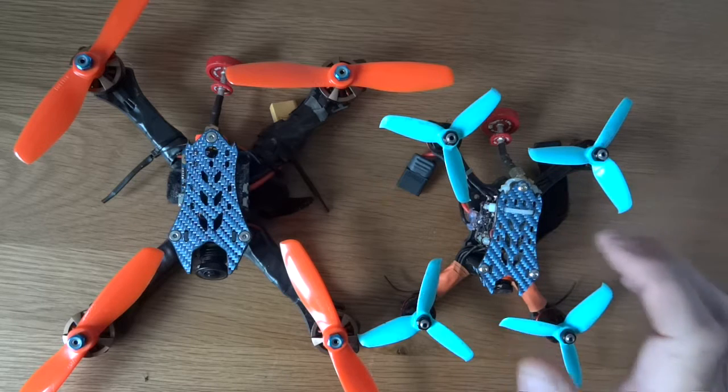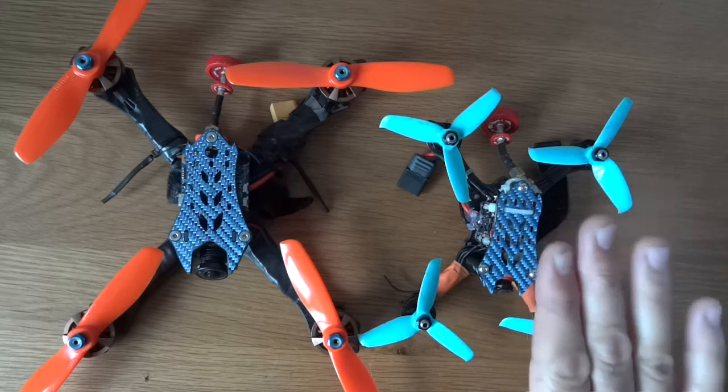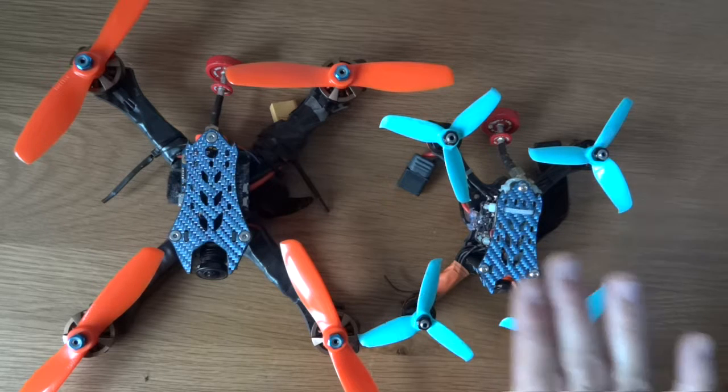The thing I like about it is, because it's so small and it carries so little weight, it's really easy to fly, because as soon as you back off the throttle, you pretty much lose momentum straight away. So it's quite easy to fly. This is going to kind of contradict myself, but this is an absolute joy to fly and really easy to fly in normal flying, but where it loses out